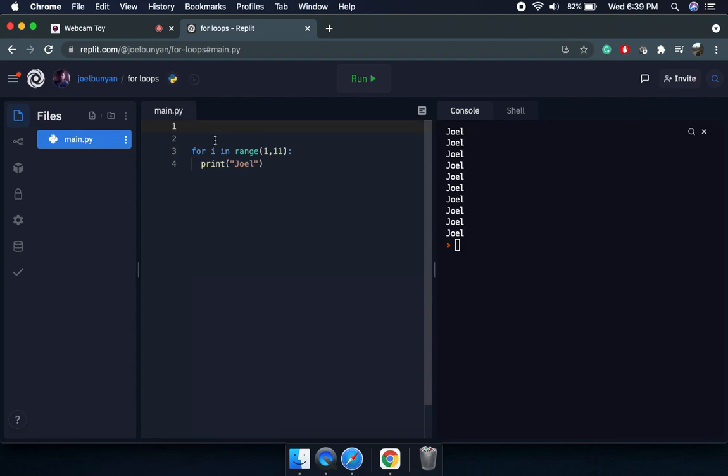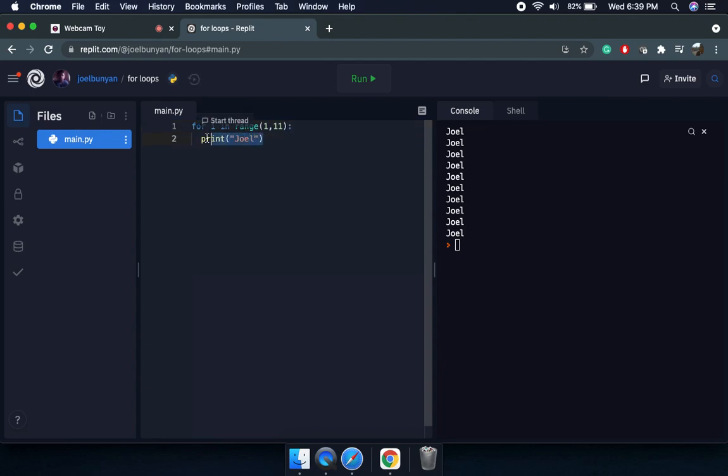So this function is producing numbers, 1 2 3 4 5 6 7 8 9 10. Actually it is producing a data type called list, and I'll talk about that in the upcoming videos. You can just say it is a group of numbers.